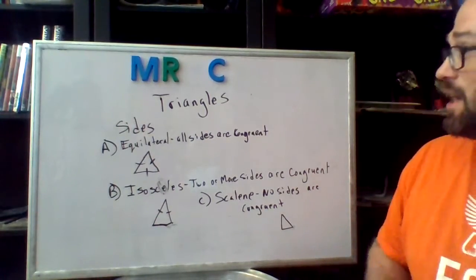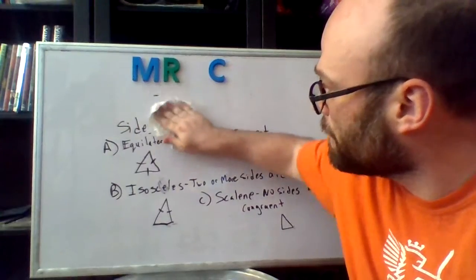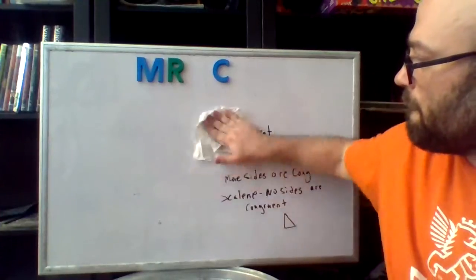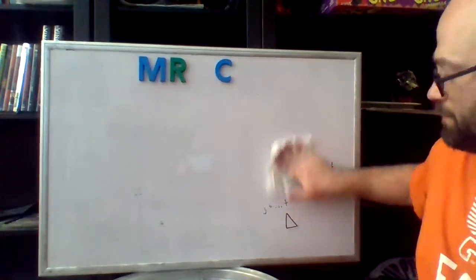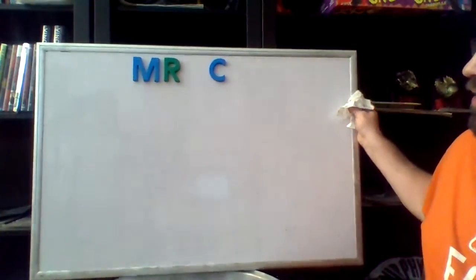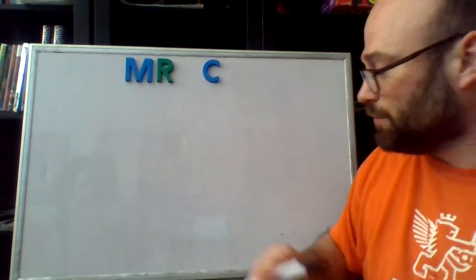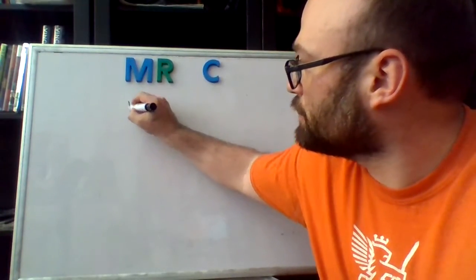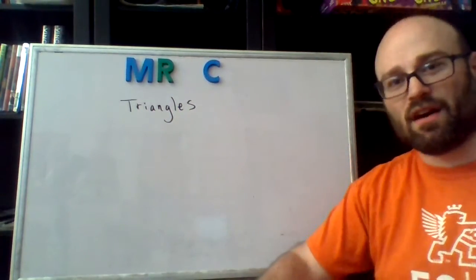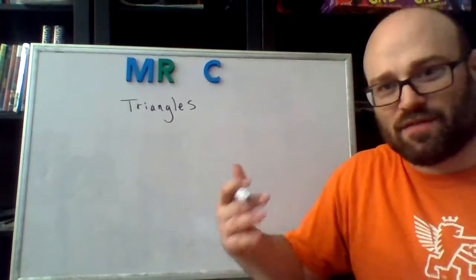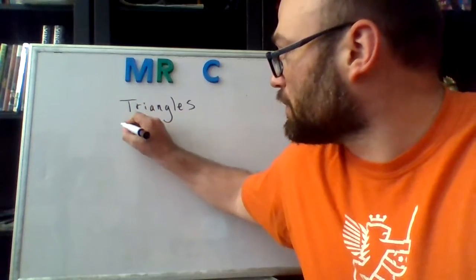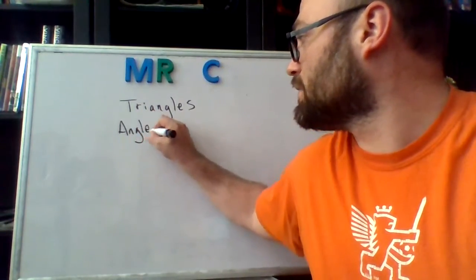Now we have one more set of notes to do here, still on triangles. You can also classify triangles by their angles. I think I'm going to wait on the 180 degrees until Wednesday. We're just going to classify the quadrilaterals and triangles and be done with it. But for triangles, we're going to classify them by the angles.